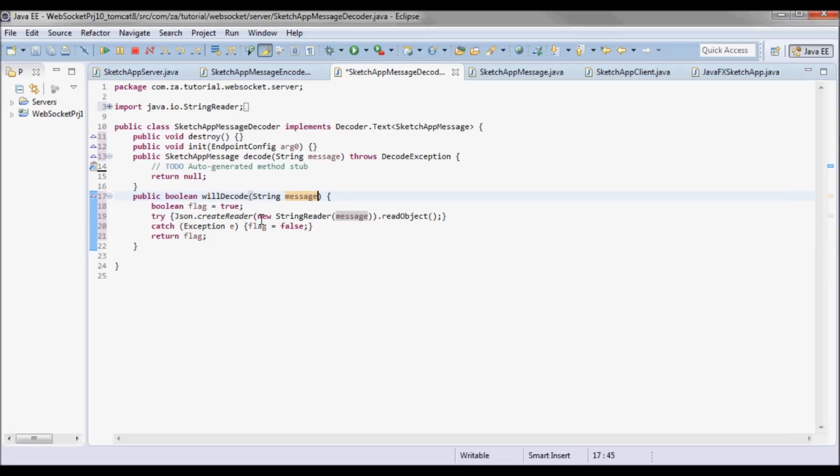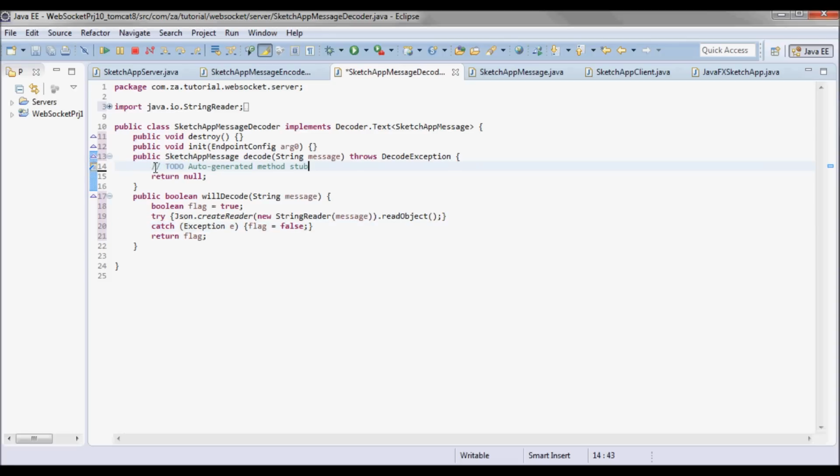So JSON.createReader and instantiate a new string reader, passing in the message, and try to read this JSON, and if successful, then the flag would stay true and return. Otherwise, the flag would be set to false before returning it.